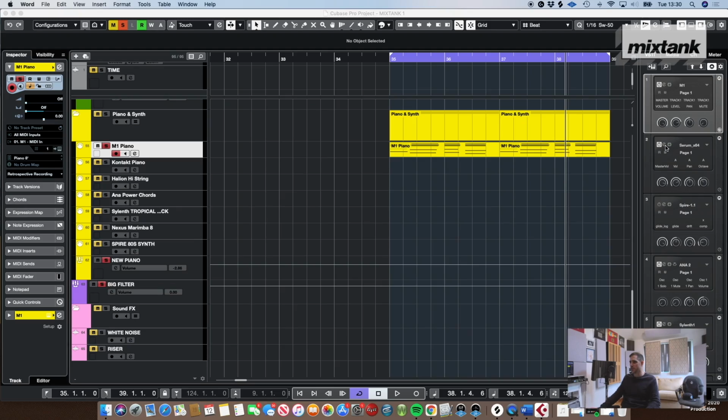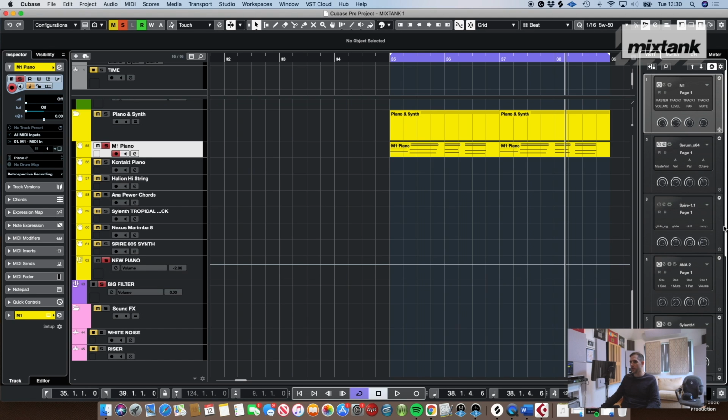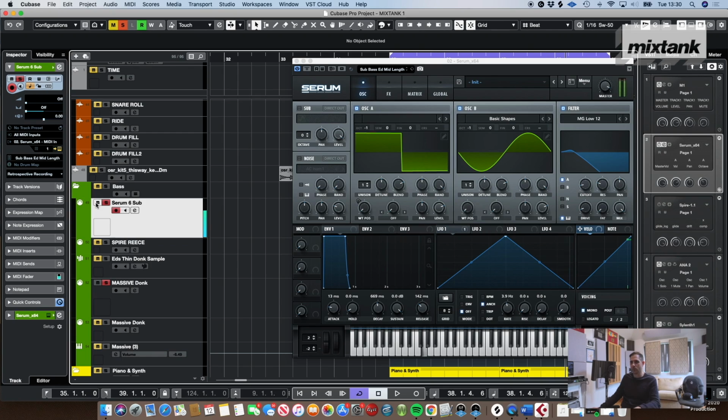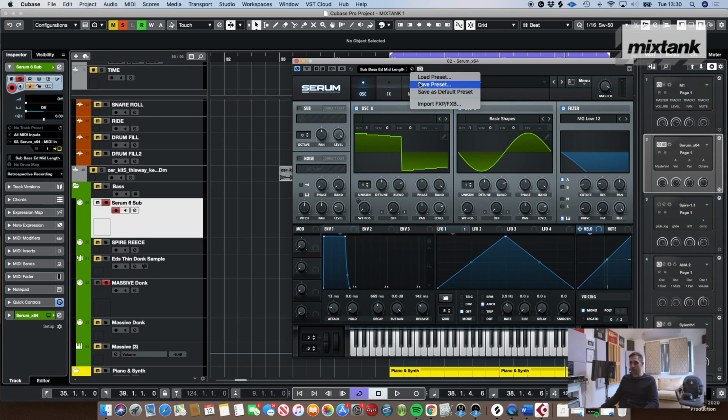So let's just open Serum. So as you can see, that is sub bass, Ed, medium length. And what is really important for me is when I make a sound, I save it down, and I save it down quickly. So here, I'll just go save preset,